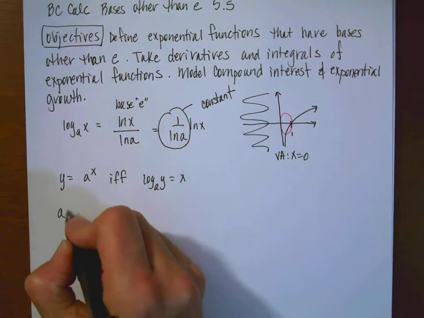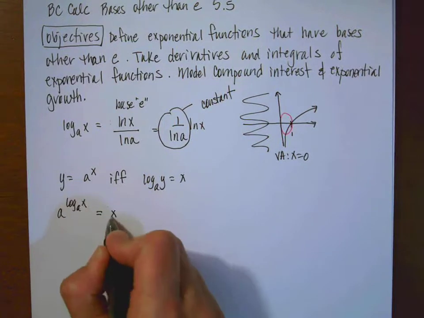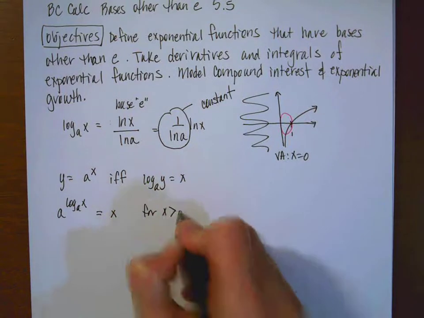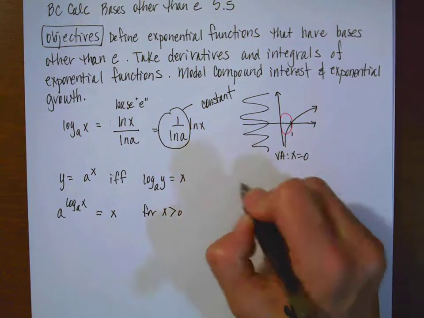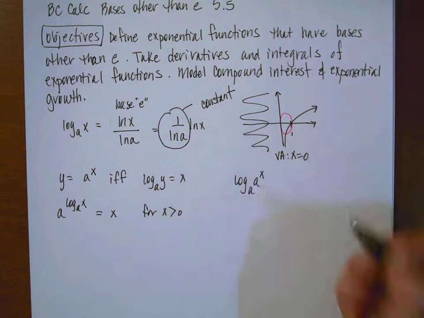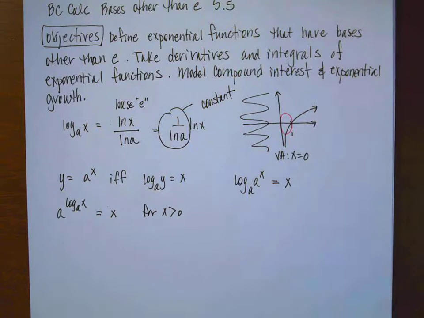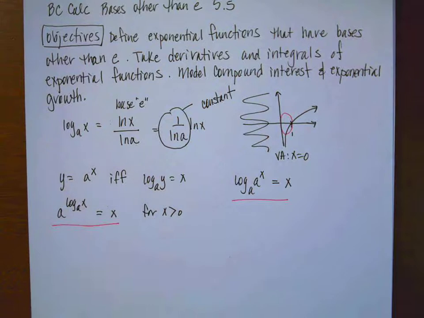I could also have a raised to the log base a of x, and that would equal x for the values where x is greater than 0, because remember, you can't take the log of a negative number. And then another little entertaining property is if I do the log base a of a to the x, this is also going to equal x. And these two in particular are super handy to remember